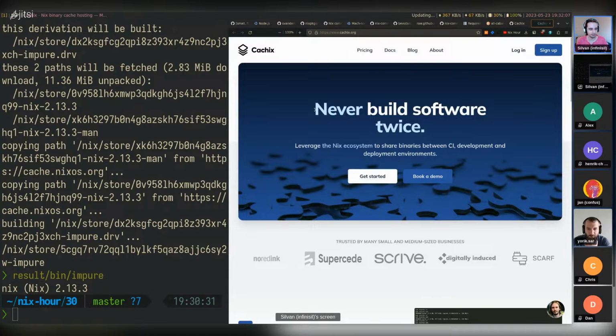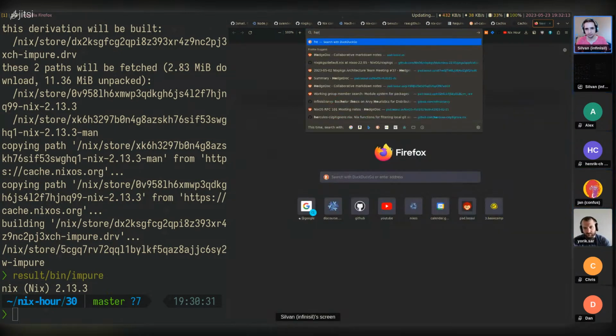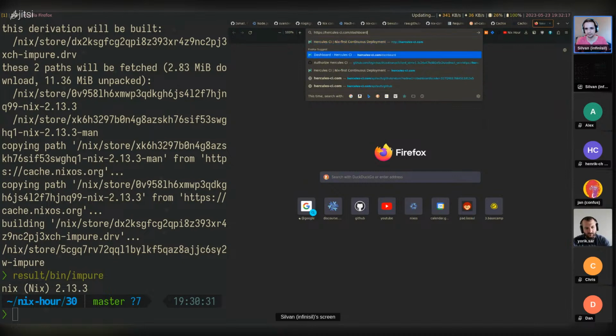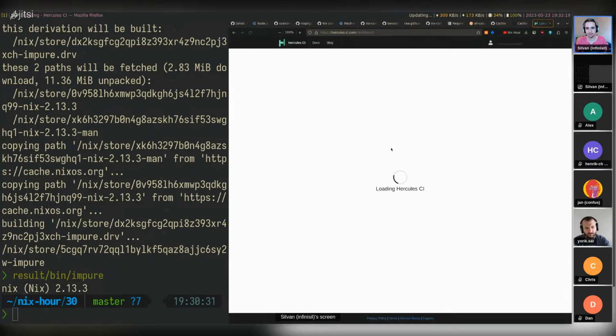A lot of people use this. I can recommend this. There's also Hercules CI, which is a CI built around Nix. I haven't used it personally, but it's from the same team as cachix. So that might work pretty well.